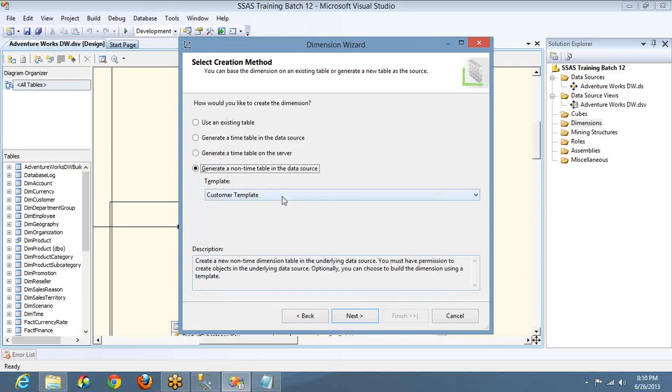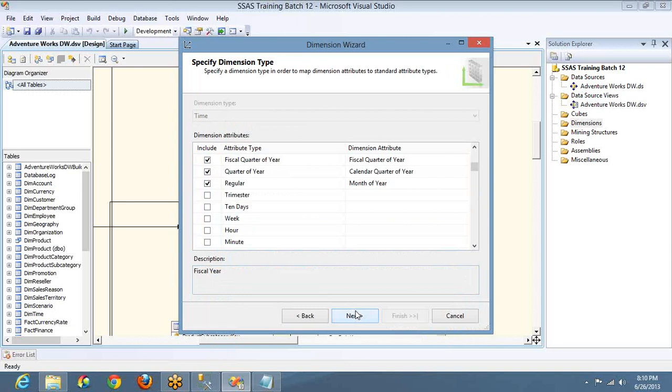And if you take the date template, it will give you all the columns that you can have for a date. It grouped all the possible columns that are required for creating the date dimension here. If you see physical quarter of the year, regular, and trimester, 10 days, week, hour, minute, you'll have some 40 columns like this. Is holiday, is weekday, is working day, day of the 10 days, day of quarter, day of trimester, day of half year. So if you see all the possibilities, it will give you the complete picture.